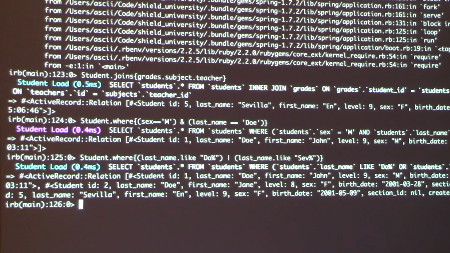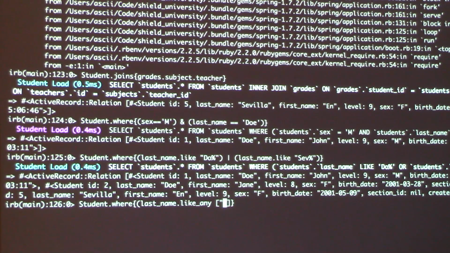So that's possible. Or what you could do also is there's a convenience method that you can attach, which is actually any. So you can say last name like any, and then you just provide an array.